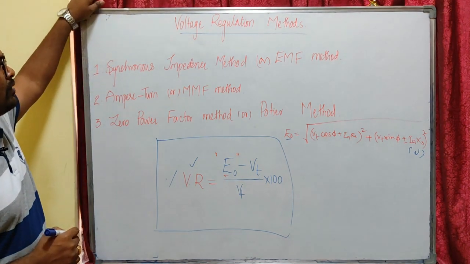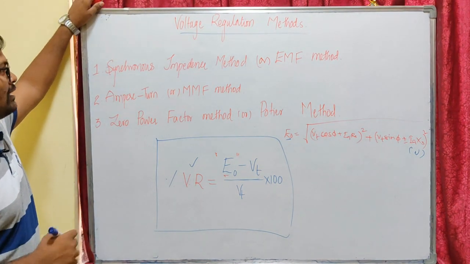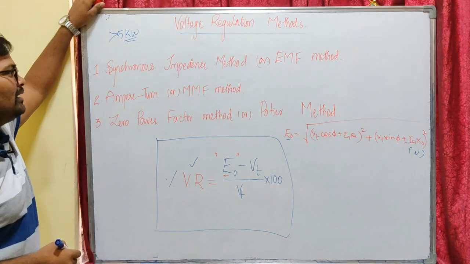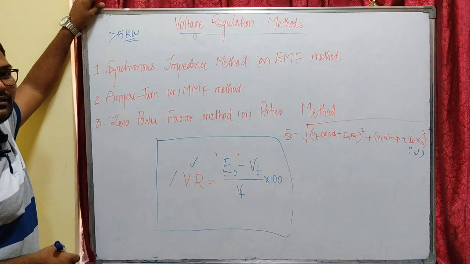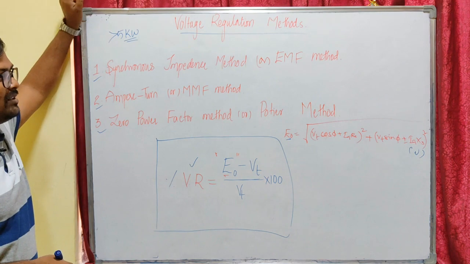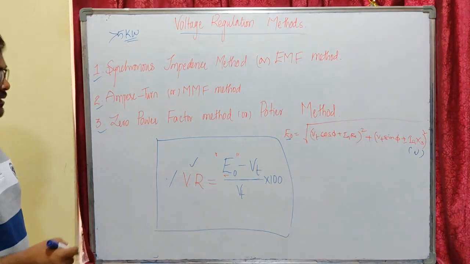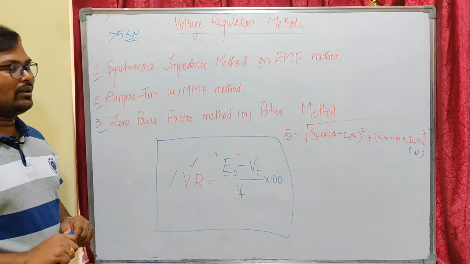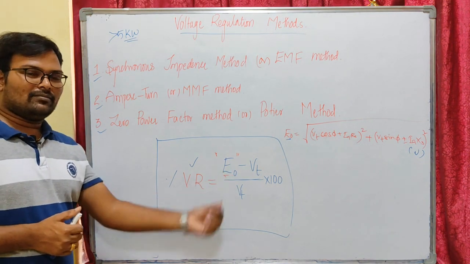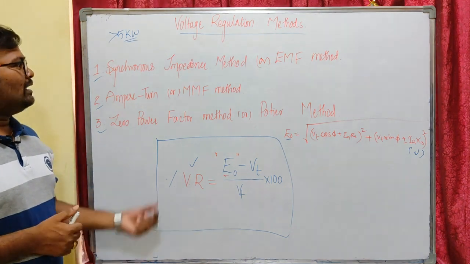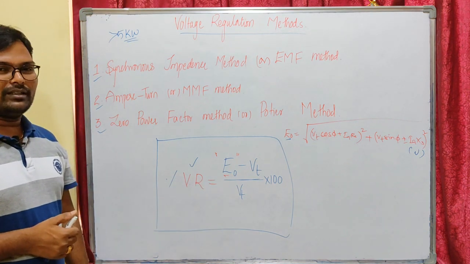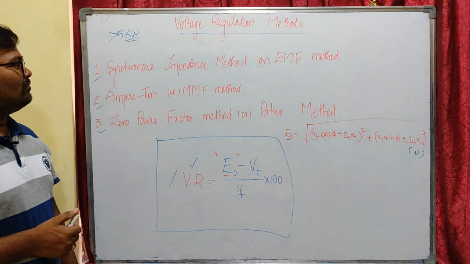I have already told you we are going to find voltage regulation for large machines having rating of more than 5 kilowatts, and these are found by indirect methods. These all are indirect methods. Direct methods are performed for small machines less than 5 kilowatts rating, that means rated voltage will be applied and load will be thrown off, then we see how the generated voltage rises. That was the direct method. But the indirect methods have different ways to find our E0 so that we can find voltage regulation. Now let us start finding one by one.